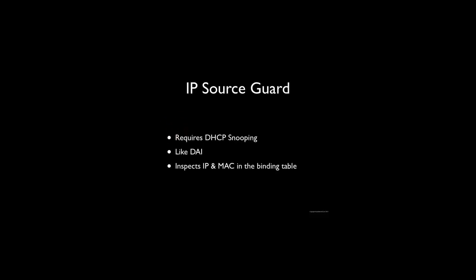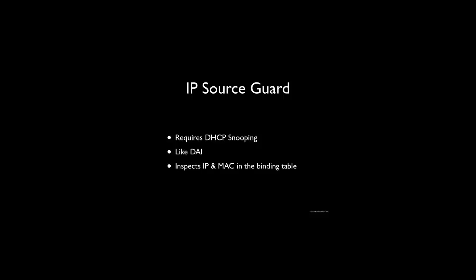So what is IP source guard? Well, it builds off of what we've already created with our DHCP snooping binding table, much like dynamic ARP inspection, but instead what we're looking to mitigate against this time is somebody who's forging an IP on the network. So it's going to be taking a look at that IP and MAC binding table and validating